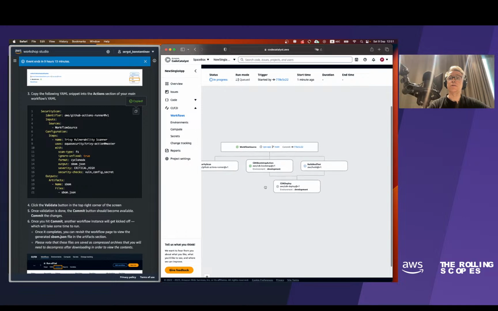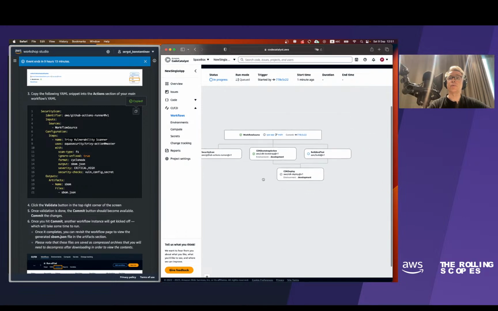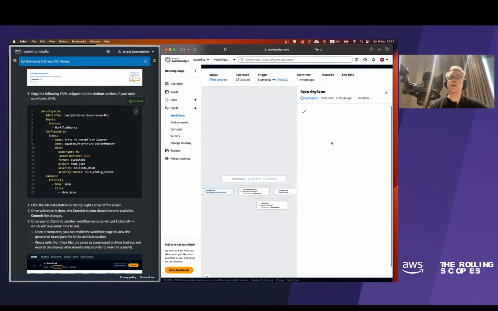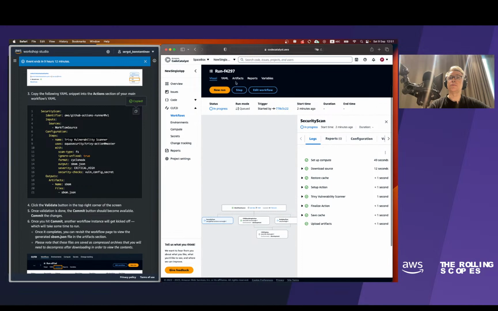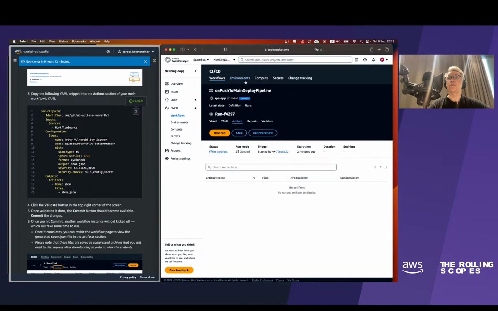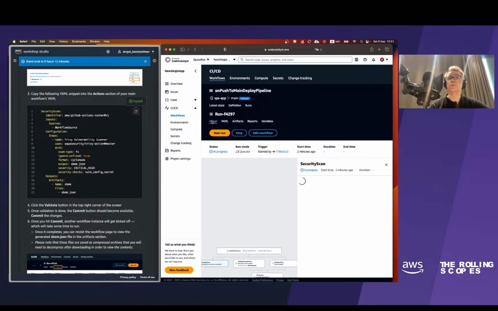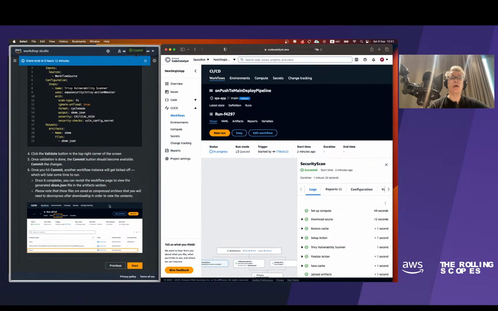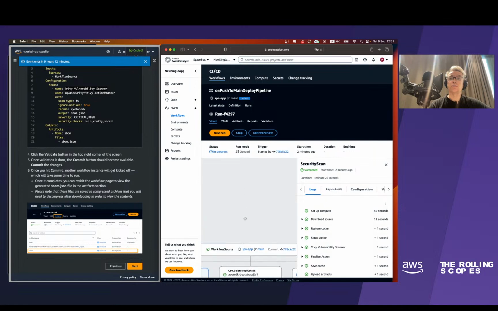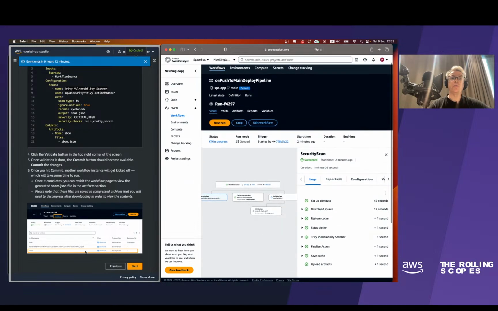As we can see, some of them already done. We can take a look here. Actually, if we take a look at the artifacts, do we have anything? No, so far we don't. Okay. Well, after our workflow finishes, we should be able to find an artifact file called SBOM here. Okay, let's wait a little bit, and meanwhile,